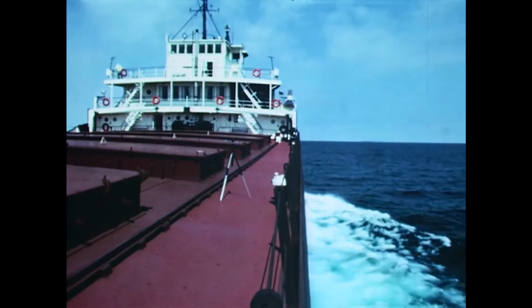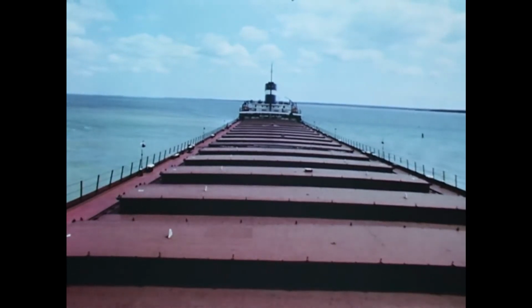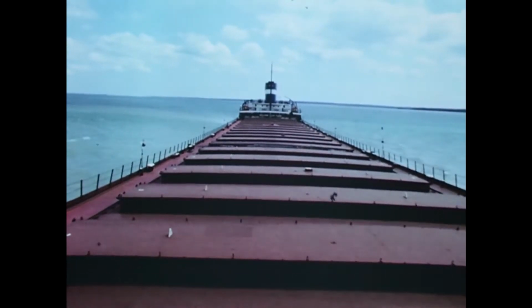Few of us will ever stand on the pilot deck and look astern at 600-odd feet of Great Lakes freighter. But many have watched and wondered what life was like on the long ships. If you're one of these, come aboard and join the crew of the SS William Clay Ford on a round-trip